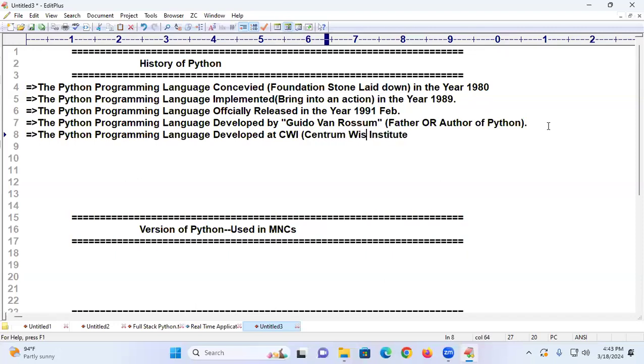I am going to write the full form of it: Centrum Wiskunde Informatica. This is one CWI Institute in the country Netherlands.